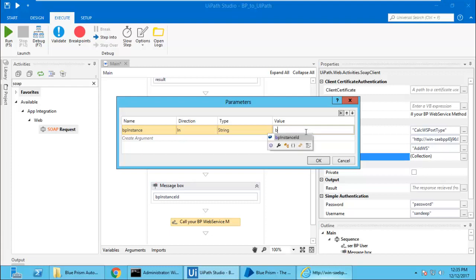That's why you got that error. You need to delete it. You need to pass your BP instance ID variable. And you can also see the 2 inputs that were expected to be passed here are not created by UiPath. These are the challenges you face when you consume in UiPath. Though UiPath is a very wonderful tool, it still lacks some features that are coming up in UiPath.